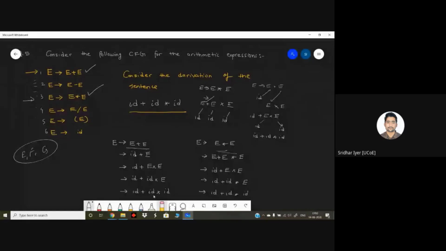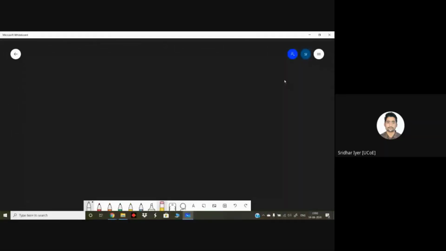Let me show you how to get rid of the ambiguity. We can make use of some precedence. Precedence as in, we can say that plus and minus have the same precedence, into and divide may have the same precedence, and this bracket and id will have the same precedence. Precedence as in priority. So what I can do is, whenever there are characters repeating,